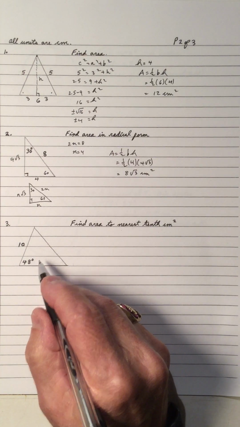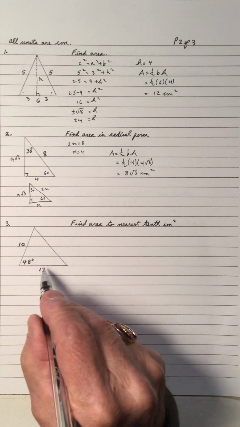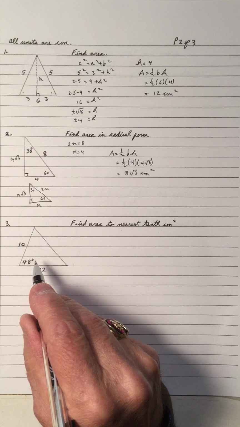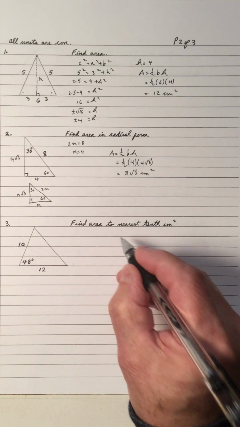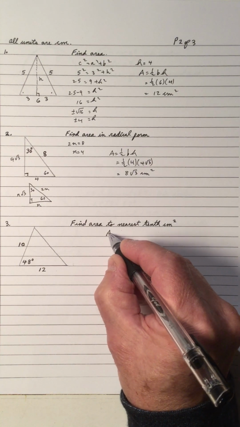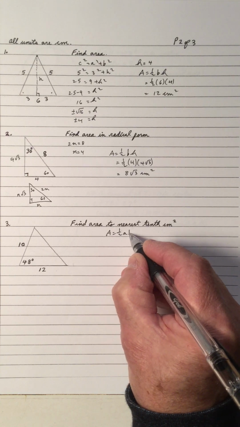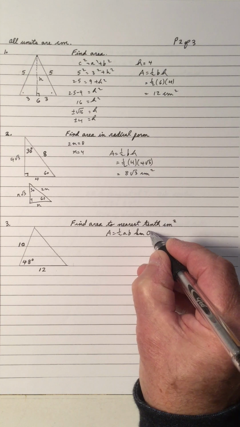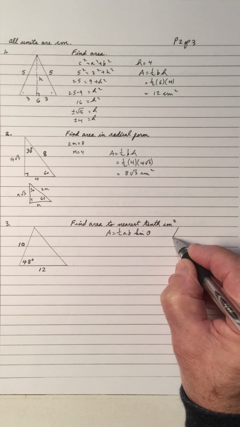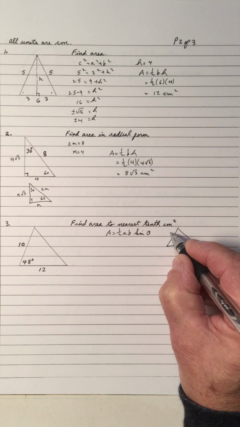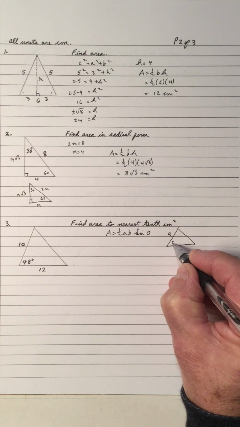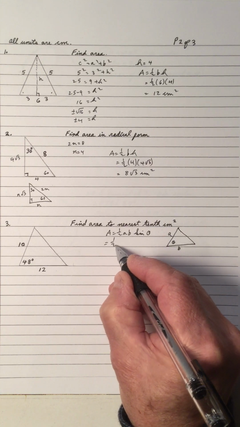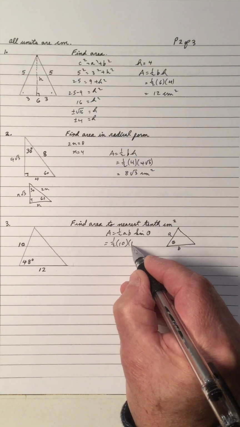Another one I want to go over is this one. The easier method to do this is: the area is a half of ab sine theta, where theta is the included angle. In other words, if you have a triangle with two sides and an included angle, then you can find the area. So it's a half of 10 times 12